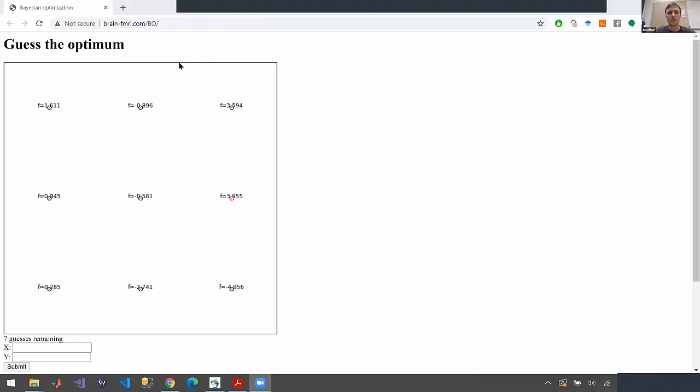Yep. So this is a demo developed by one of the folks in our research group, one of the classical machine learners, so to speak. And Bayesian optimization can be very well thought of in this experiment right here, right? Because the task here is to find the optimum of this f, and we are only given these 9 points.